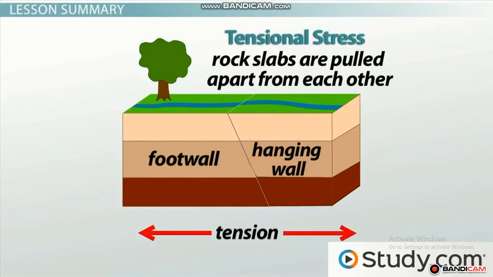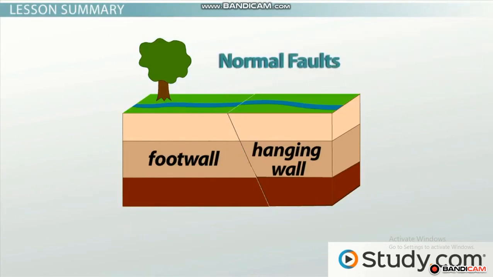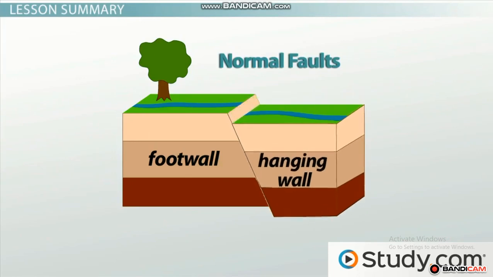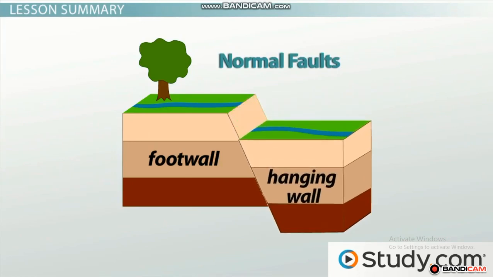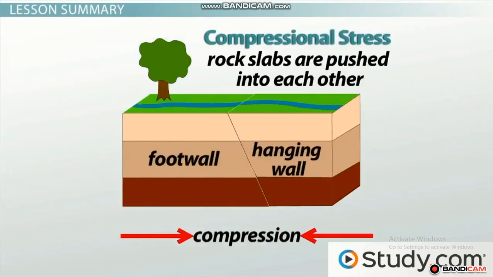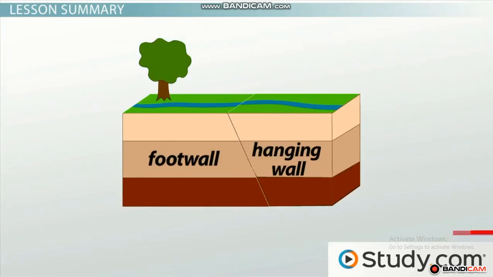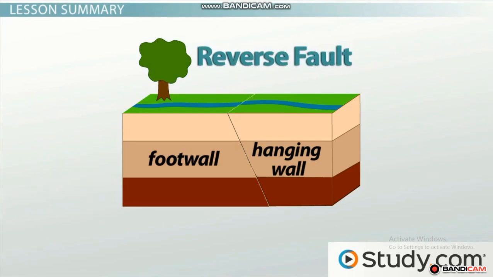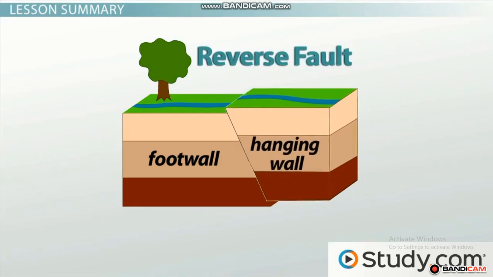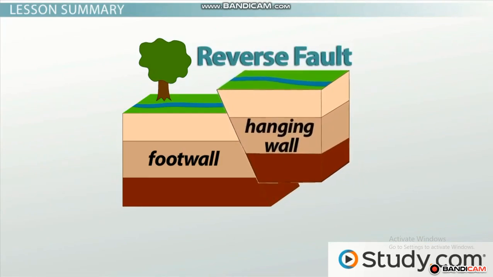Tensional stress is when rock slabs are pulled apart from each other, causing normal faults. With normal faults, the hanging wall slips downward relative to the footwall. Compressional stress is when rock slabs are pushed into each other, like cars in a head-on collision. This causes reverse faults, which are the reverse of normal faults because in this case the hanging wall slides upward